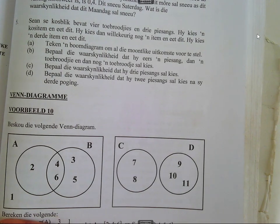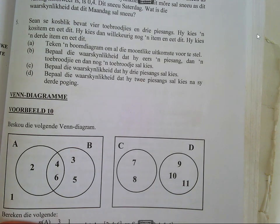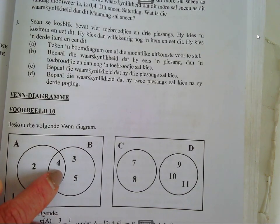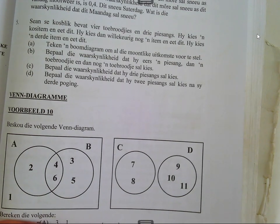Good job. What's the probability of getting not A and B? 4/6. 1, 2, 3, 4. Because that's and. So they want the probability of getting not and. Okay. What's the probability of getting A